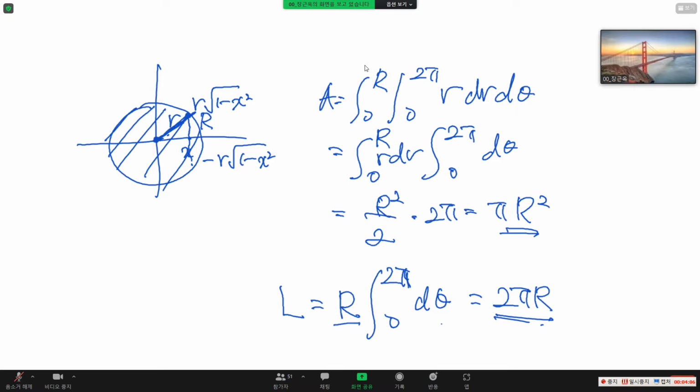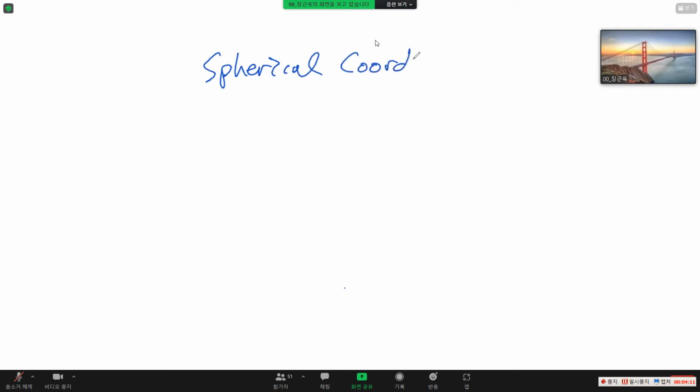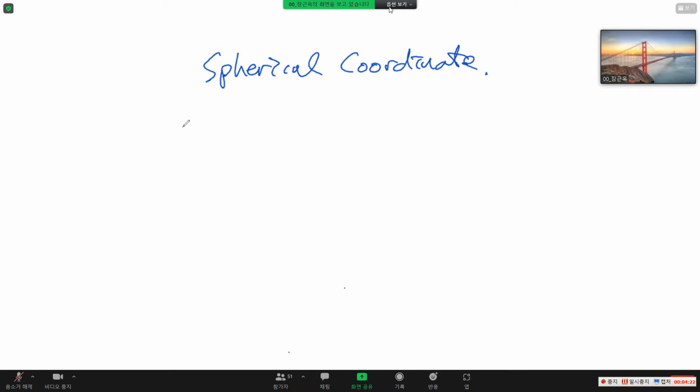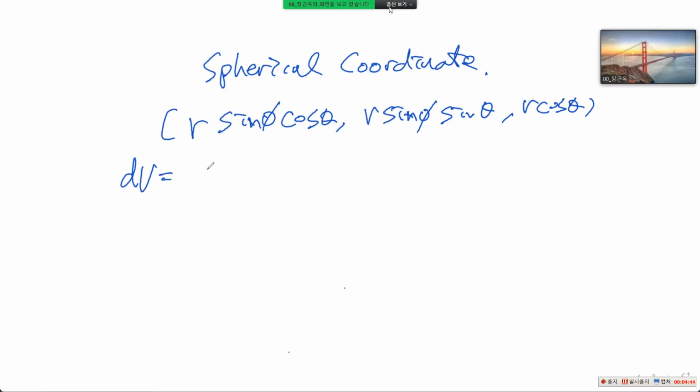Then, what about 3D? There is the spherical coordinate. So, the Jacobian matrix. When we think about the spherical coordinate, it's given by r sine phi cosine theta, r sine phi sine theta, r cosine theta. That is 3D. dV is